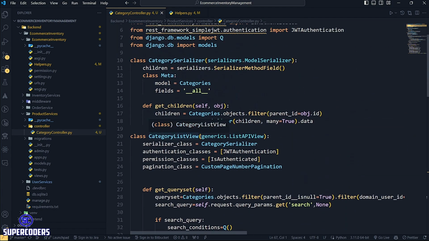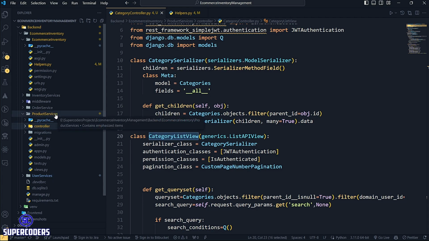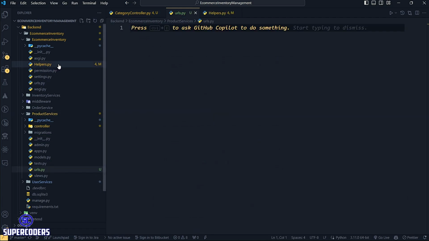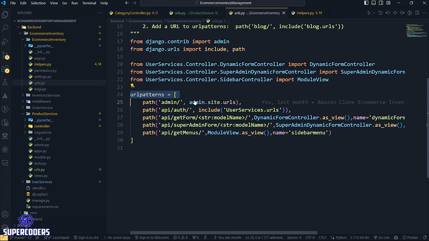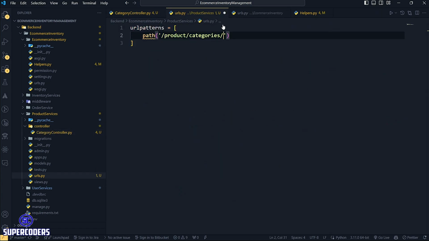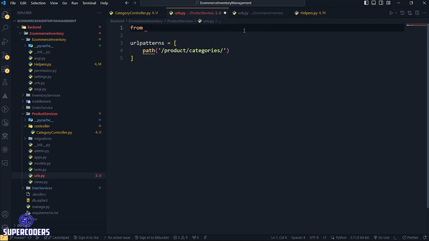Now save it and let's check if it's going to work or not. But before that, let's add this API to our URLs. So what I can do, I am creating the separate URL for our product service. So click on product service and create a urls.py, and just like previously, this urls, just copy these patterns, copy it, and in the urls, add it, and here adding path, then adding slash product or slash category. Then after that, import our category controller class, copy it from controller